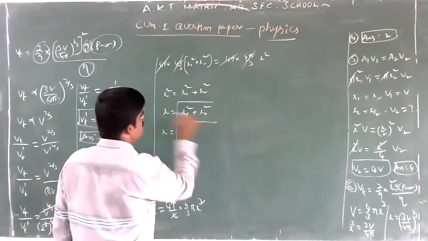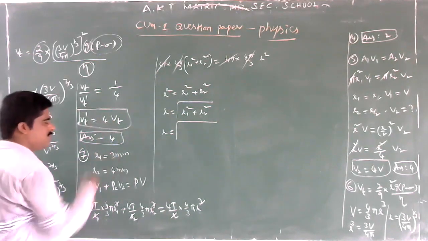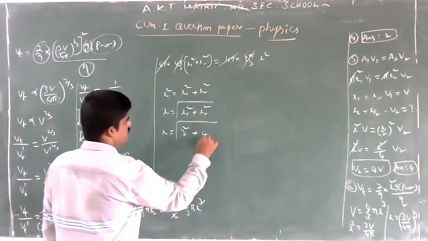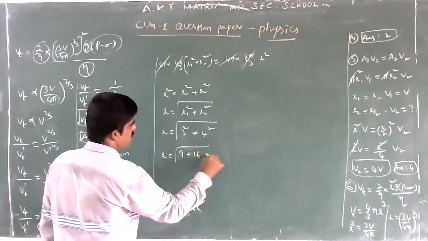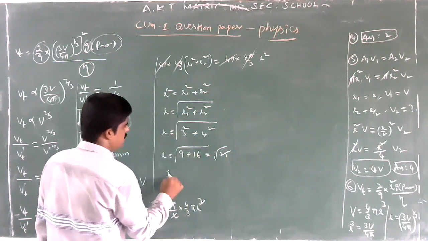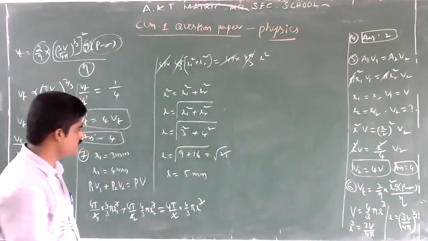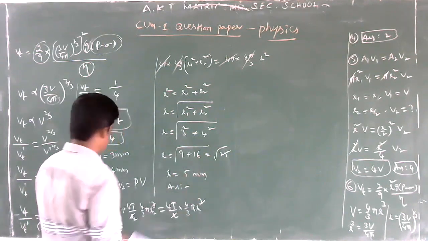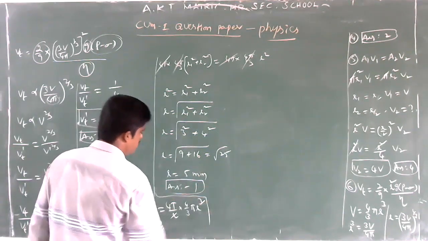What is R here? Radius of the big soap bubble. R1, R2 are the individual soap bubble radii. What is the radius of the first bubble? 3, square. What is the radius of the second bubble? 4 mm, 4 square. Then R is equal to square root of 9 plus 16, that is equal to square root of 25, that is equal to 5 mm. So that is the radius of the big soap bubble, R is equal to 5 millimeter. So which option is correct for question number 7? First option is correct.